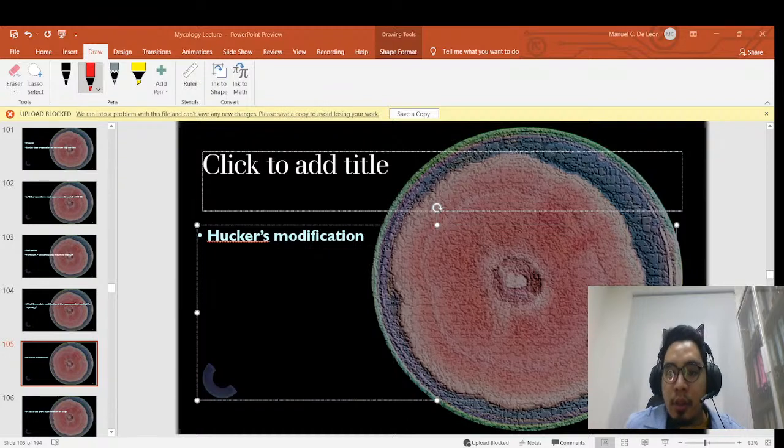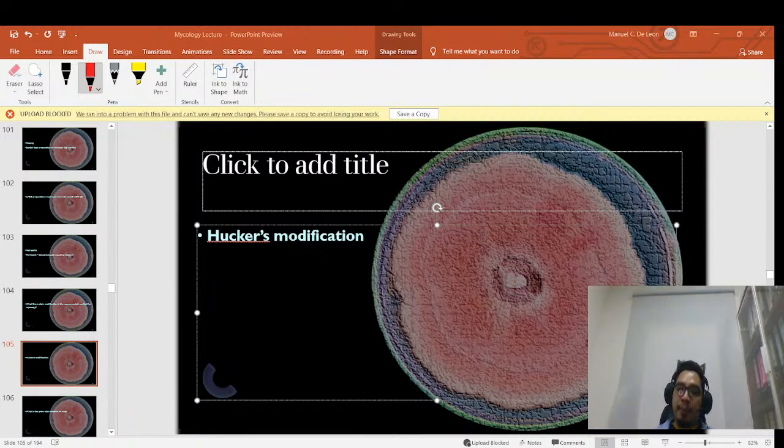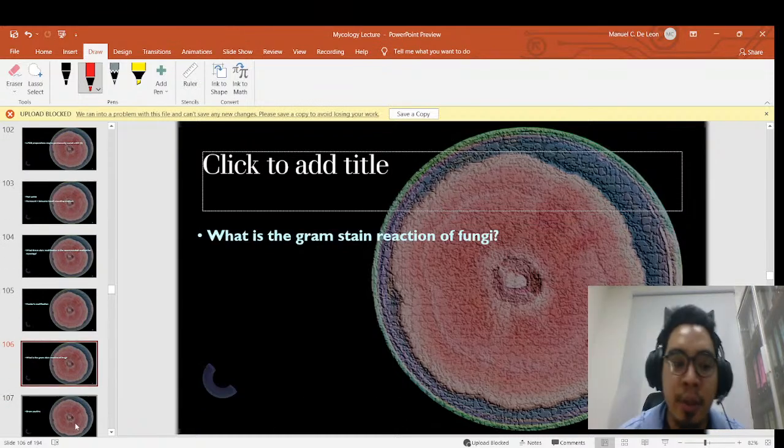Anybody? Iodine. Iodine. All right. Very good. A lot of people are answering the question. So you know one of the most important questions that might be asked in the board exam. So you can at least check off one box. To be specific, it's Gram's iodine. Yes, Adrian was correct. We could use iodine. No problem. And Hucker's modification is basically just modifying the concentration of the mordant.